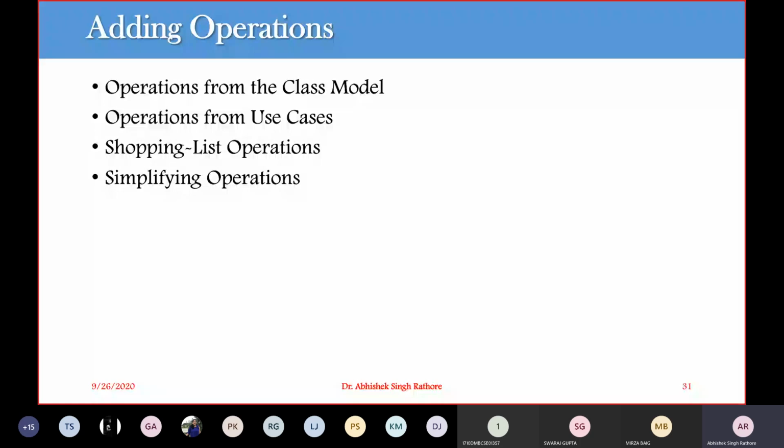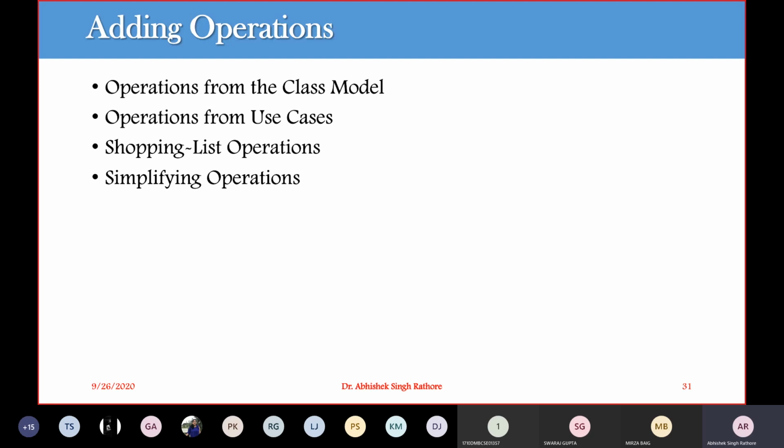Either you can read those attributes, or write them, or after reading and writing you have to make some computations. All these operations and functionalities arise from your class model. So this is one way we can find operations from our class models.